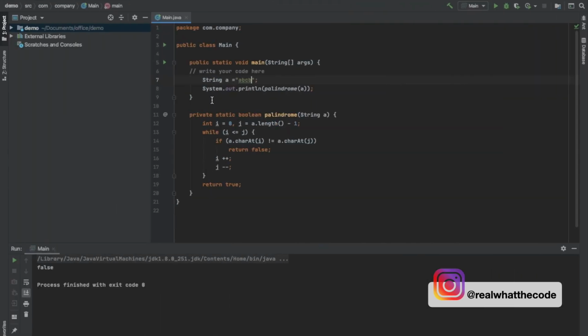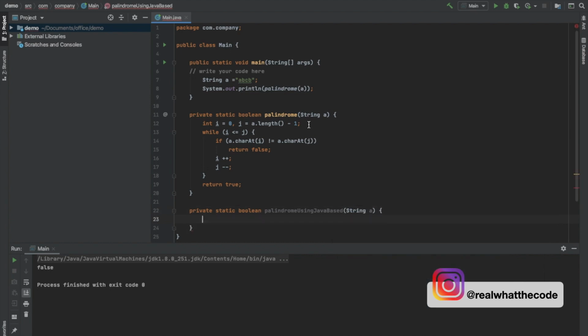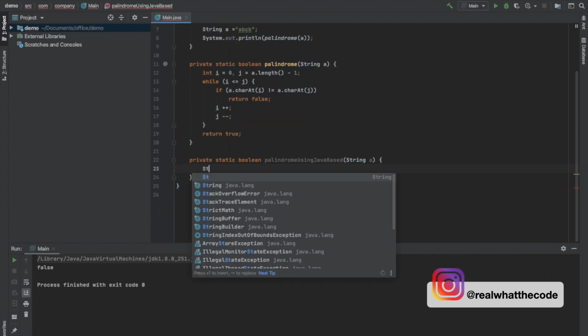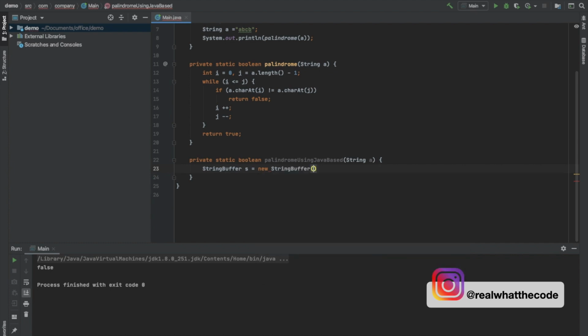So now I will create another method, which is private static boolean palindrome using Java based, and I will pass this particular string A. Here I will create an object of StringBuffer and pass this particular string.